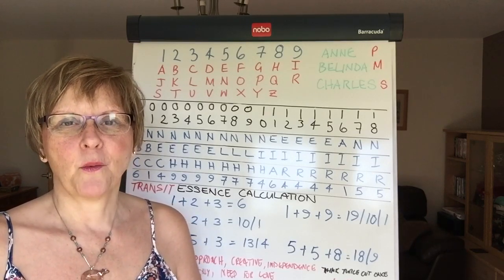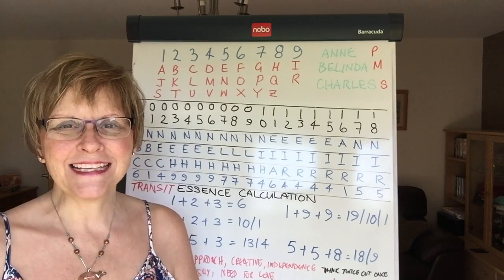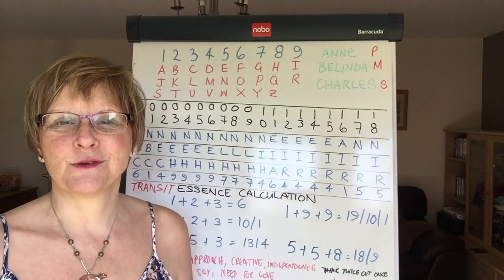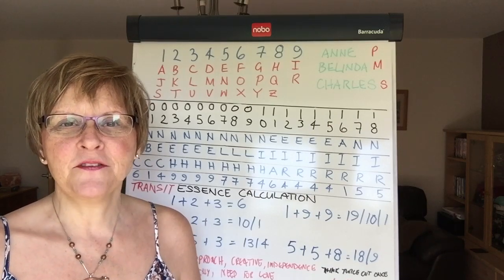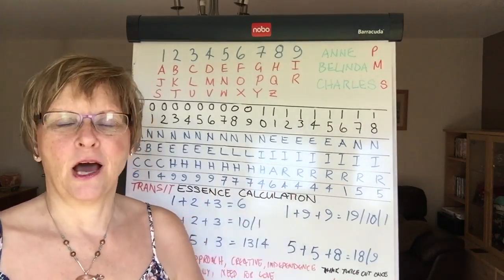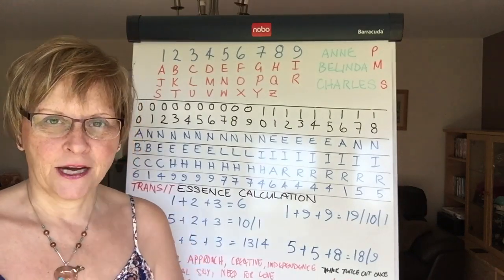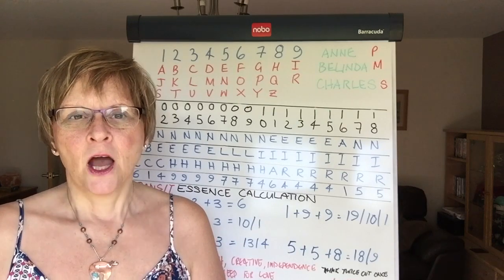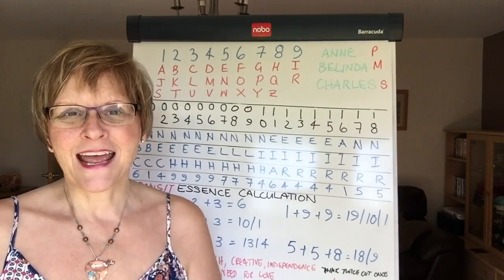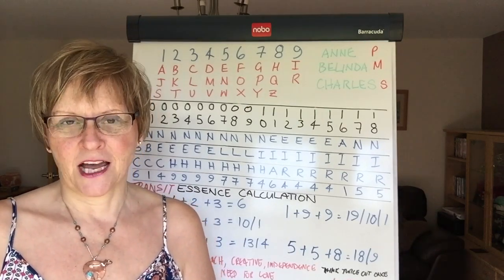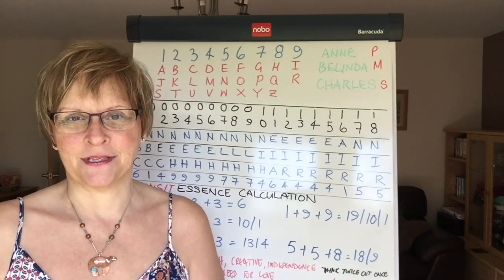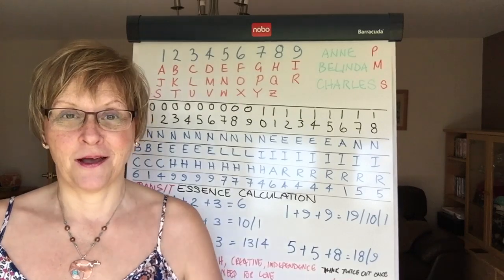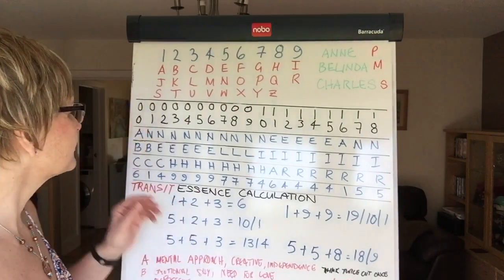In this video, I want to continue on with the essence number and what we are using to get to that number. Now, in my previous video, check the link below, I talked about the essence number, and I've also talked about the essence number versus the personal year number. The other name given to some of this calculation are the transit numbers. So let's just take a look back at this and continue to where my last video left off.